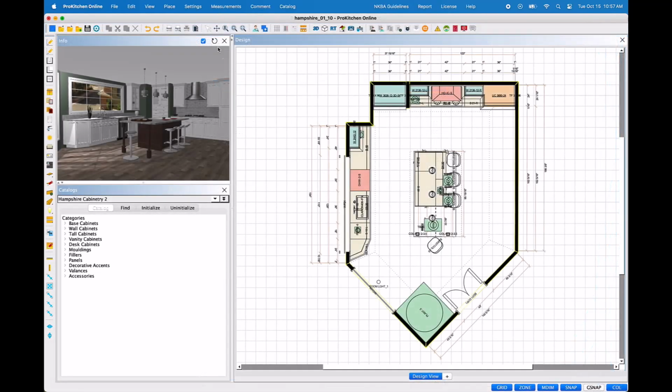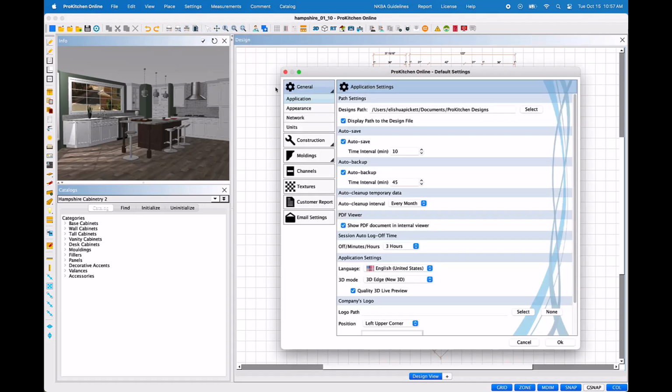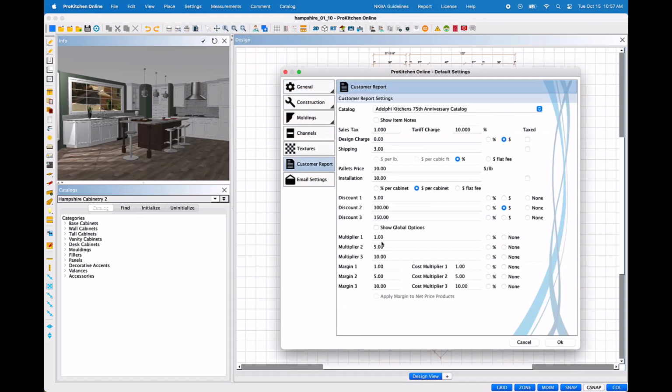To avoid this circumstance from happening, you may set the pricing parameters for each installed cabinet catalog within the default settings, where you may enter multiple discount, multiplier, and margin and cost multiplier rates as the default pricing parameters, allowing you to utilize these as multiple pricing levels for sales purposes. Perhaps one for customers at full price, one for contractor discounted price, and one for the friends and family discount